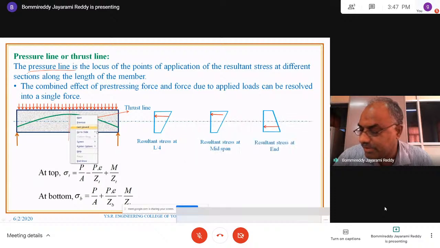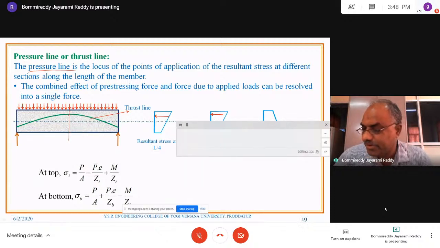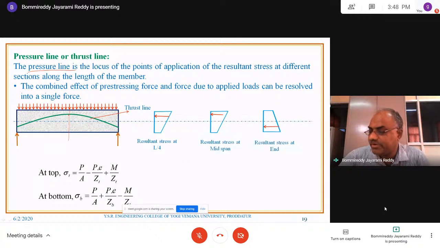You can look at here. This is the point. So this point corresponds to the resultant of this stress diagram at the center. Similarly, if we consider some other point, say at L by 4,